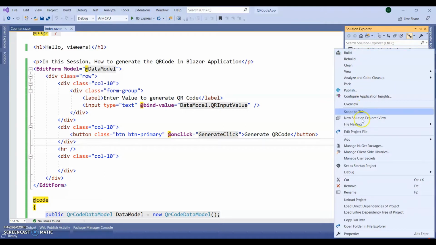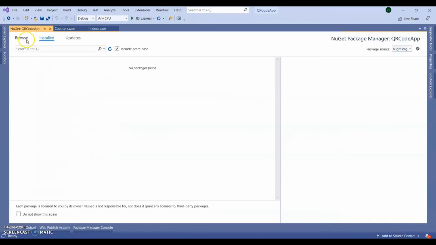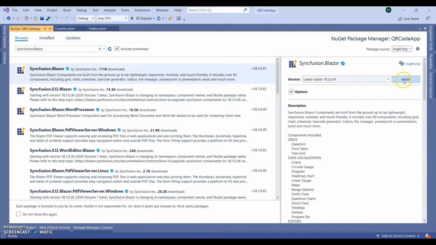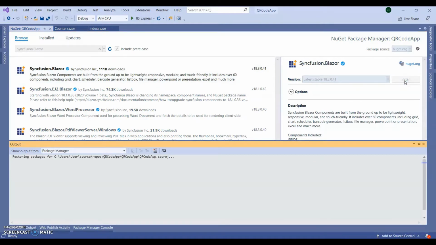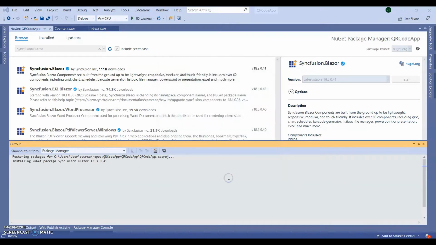Right click on the project, manage NuGet packages. In the browse section, search syncfusion.blazor. Install the first one, the 18.3.0.41 or the latest stable version. Click on accept.